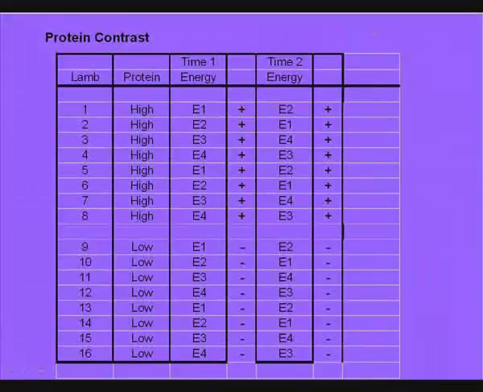And the important thing to note about that in this particular case is that's what we call a between lamb comparison, because the lamb effects don't cancel out. Lamb 1 occurs in both times, and so, as I said, we would call that a between lamb comparison